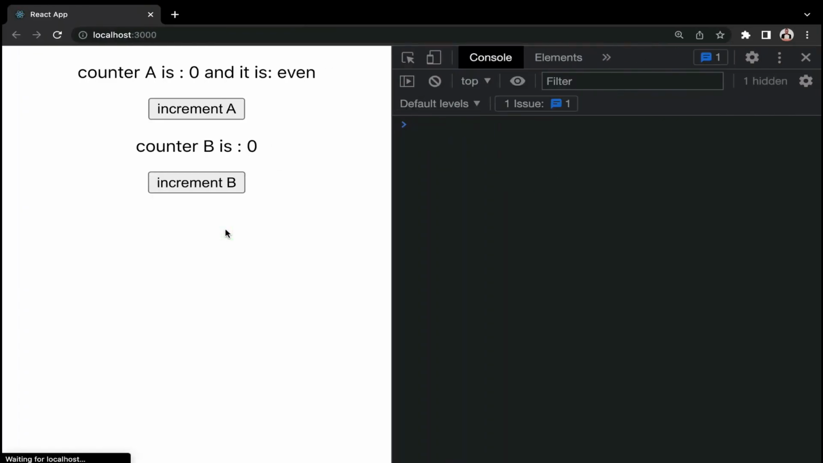Reload. Okay, so let's increment A. Can you see? It says counter A is 1 and it is odd. Increment again, it says counter A is 2 and it is even. Just like that. Alright. One more thing we want to do that is extremely important is that we are going